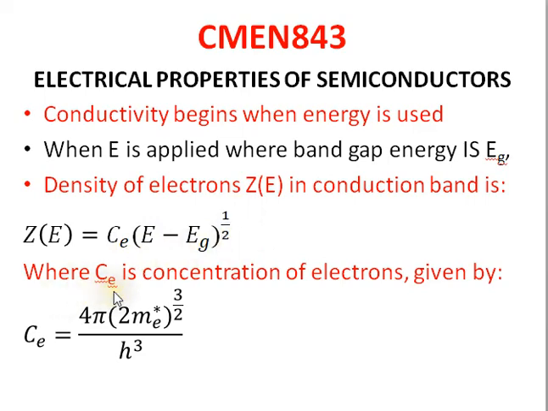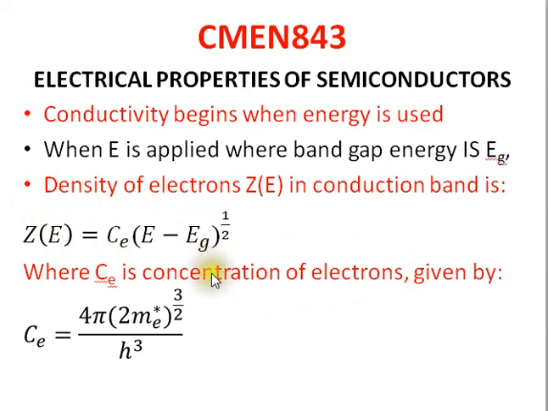Let's differentiate between this. This is density and this is concentration. The density means per unit volume or per unit area, but the concentration means the number in the whole